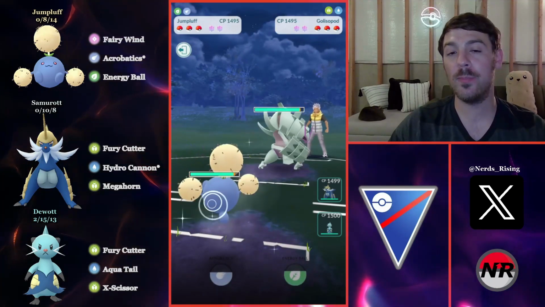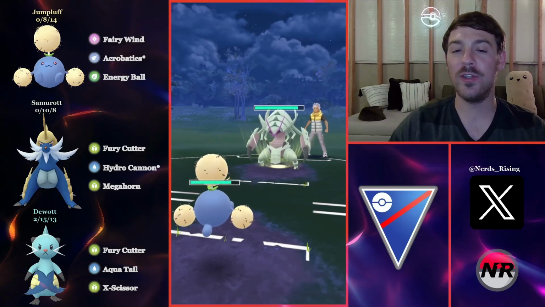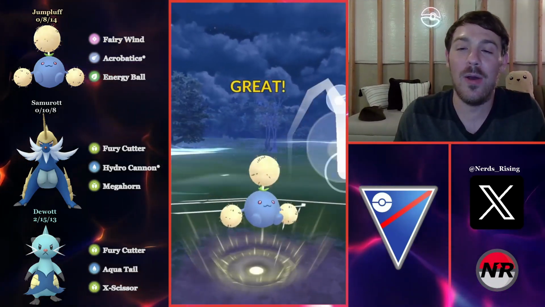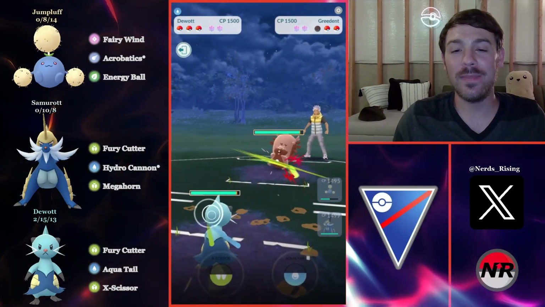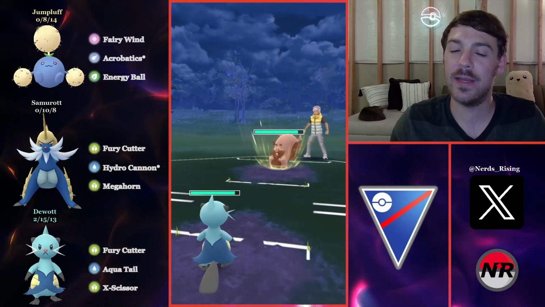I would rather be the Jumpluff here for sure, because even though they outpace us and they could be running Aerial Ace, we do have that Acrobatics that could potentially one-shot them. So they are on X-Scissor once again, and we do overfarm, and now we are full sending that Acrobatics, and they try to call the Energy Ball. We one-shot them, and at this point, they stayed into a pretty neutral, maybe slightly negative lead, so I'm